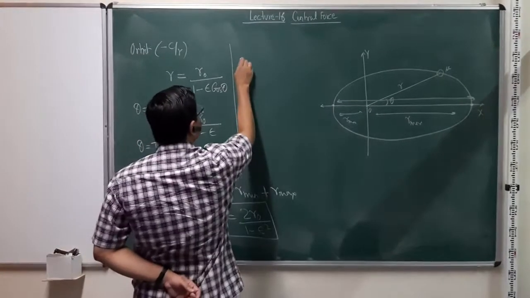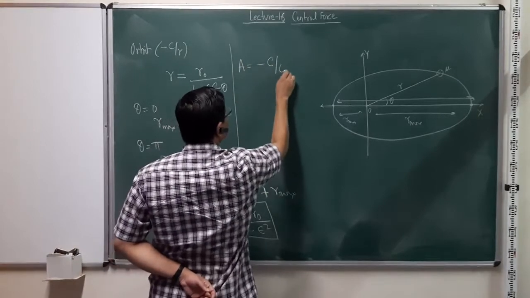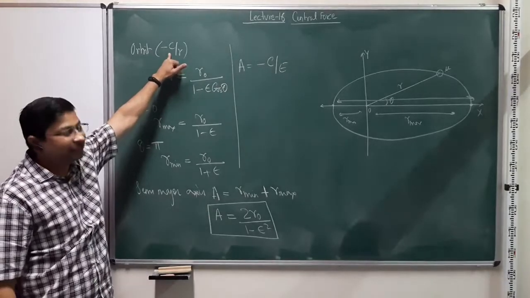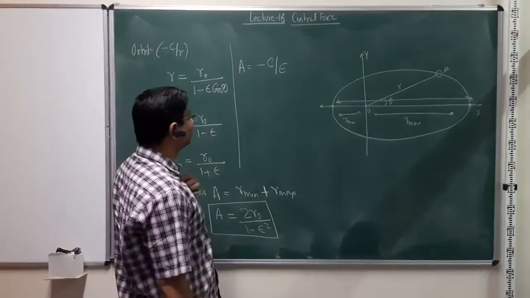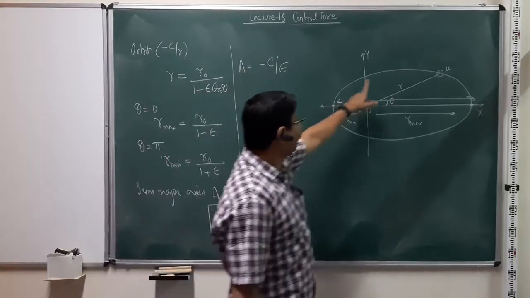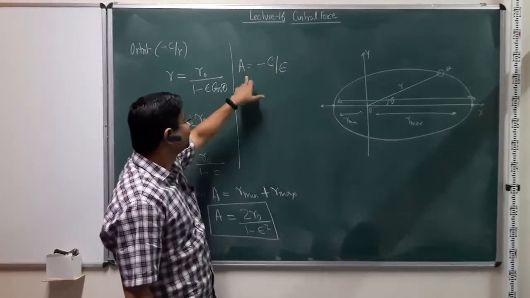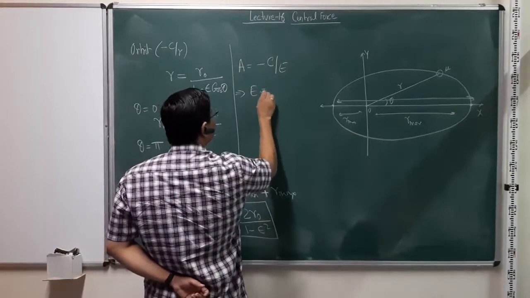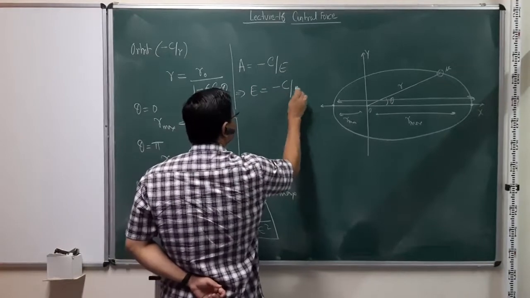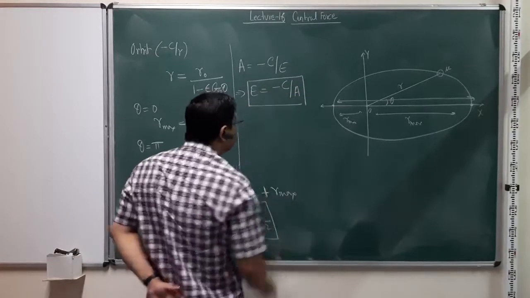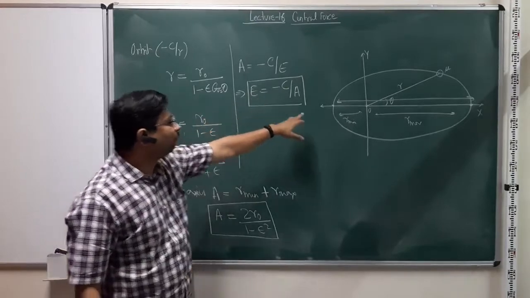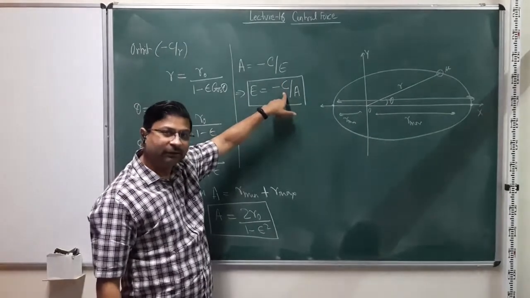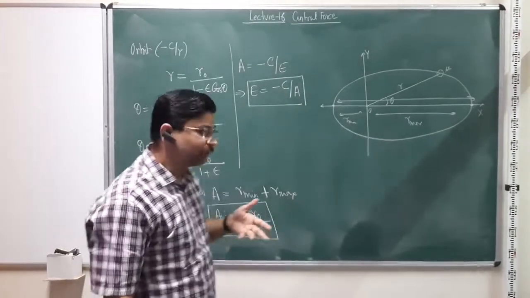And if we do that, we will see that A simply comes out to be minus C over E, where C is characteristic of this force. In our case, this will be G, M1, M2, and those kind of terms. So the semi-major axis for a particular orbit with a given energy is given by this, and if I reverse this, it tells me that the energy of a particular orbit depends on its semi-major axis and the nature of the potential, independent of the angular momentum of the system.